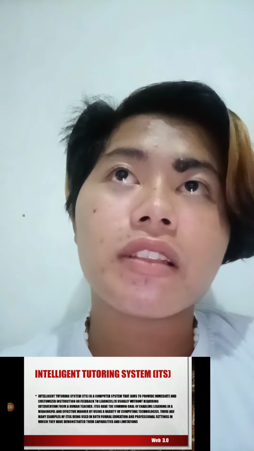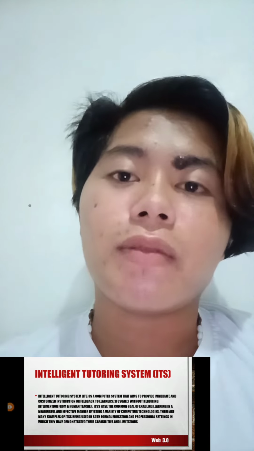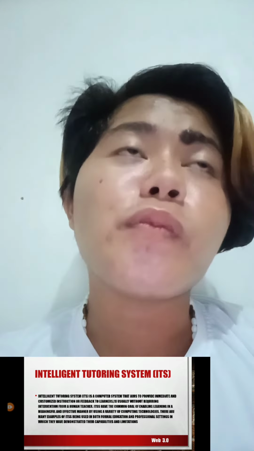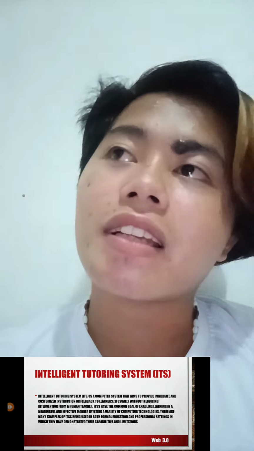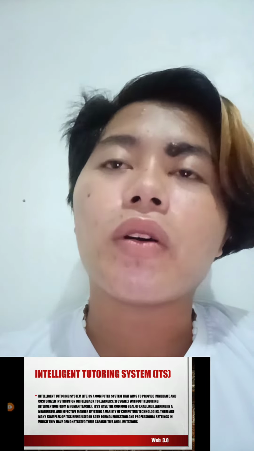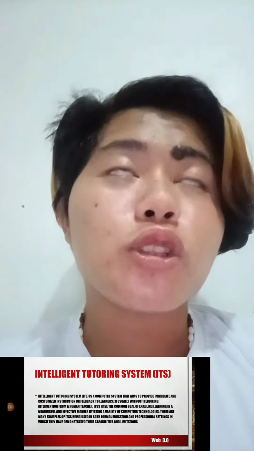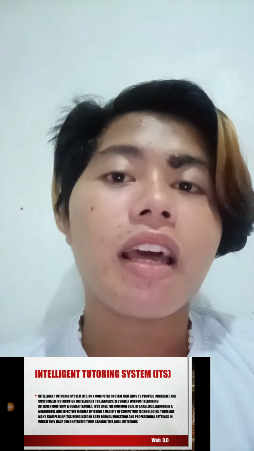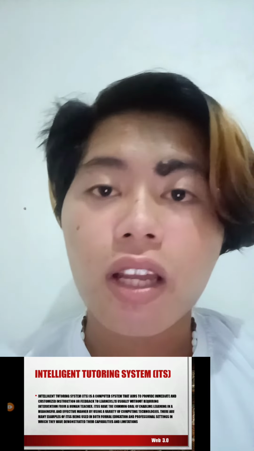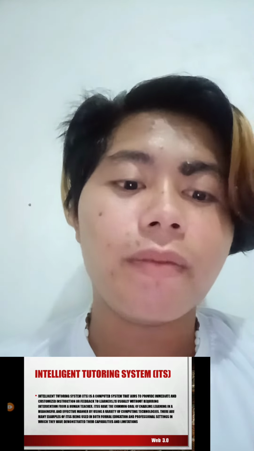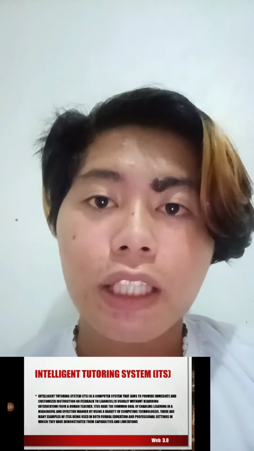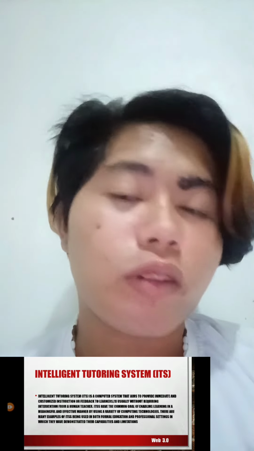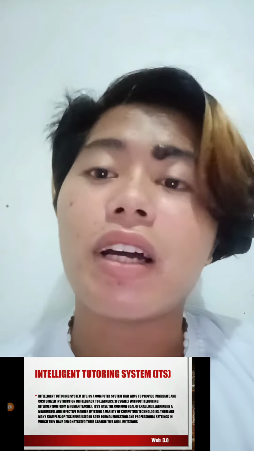The purpose of this app or tool is to provide immediate and customized instruction or feedback to learners, usually without requiring intervention from a human teacher.